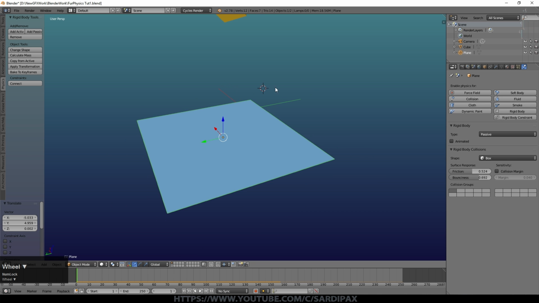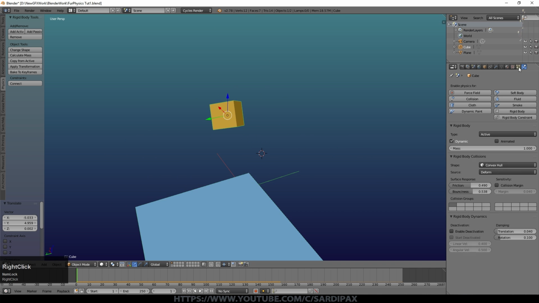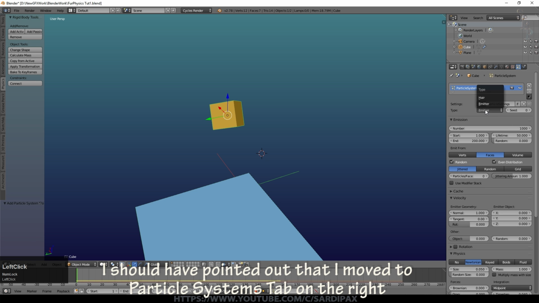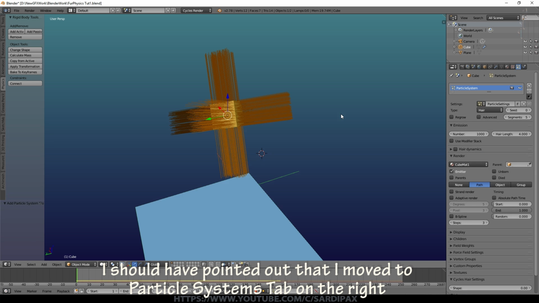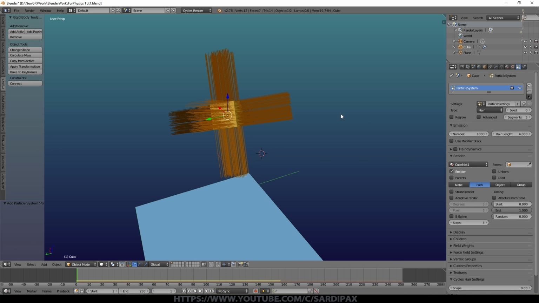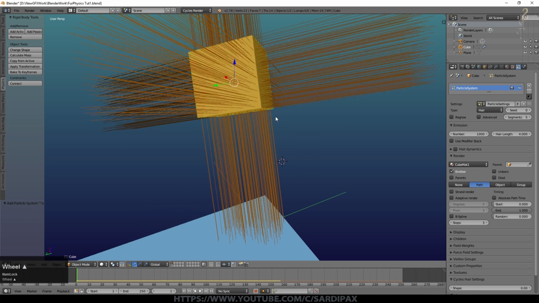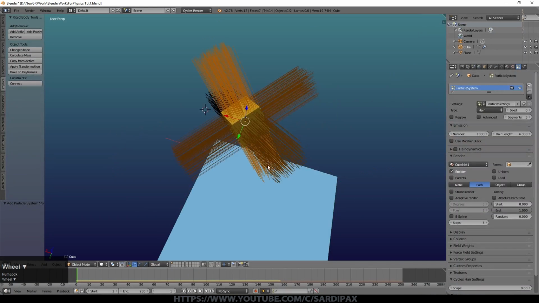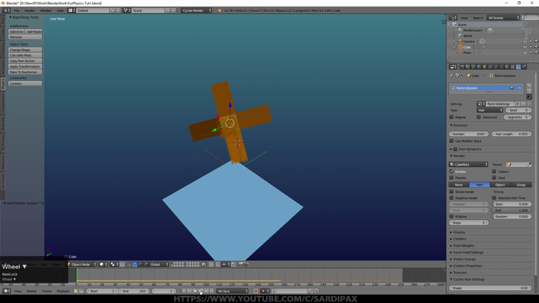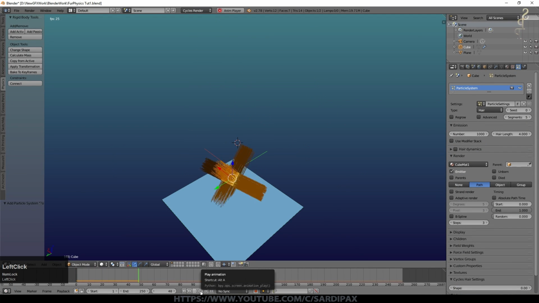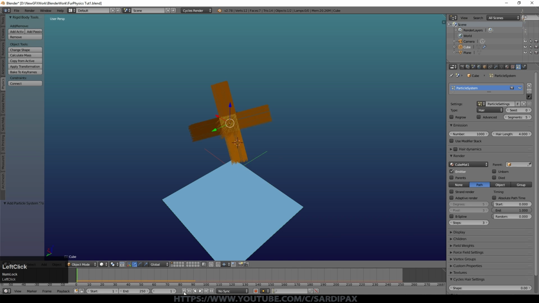We don't have any hair on this cube yet, so let's look at that. So I'm going to say new, we'll select hair. I put two hair systems on mine, a long hair system and a short hair system. I'll just do a single hair system for this in order to keep things simple. So I've said hair and immediately I've got that. So let's see what happens when I press play. Absolutely nothing. The hair just carries on sticking straight out like that.